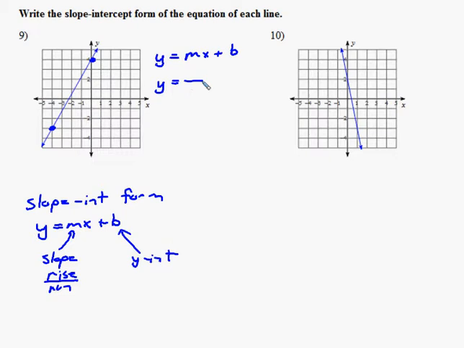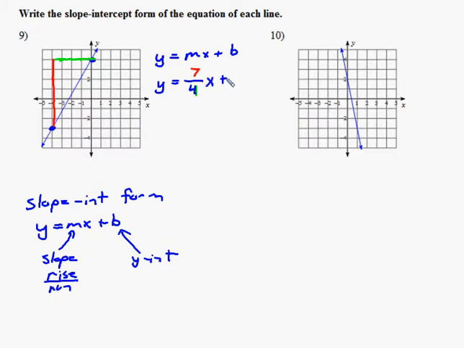We're going up 1, 2, 3, 4, 5, 6, 7. So rise is 7, and then our run is 1, 2, 3, 4, 5, 4. So 7 over 4. Let's put that back in a different color. So our slope is 7/4 x